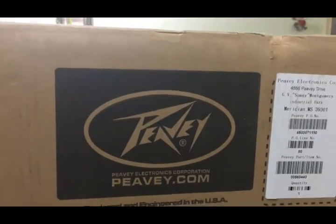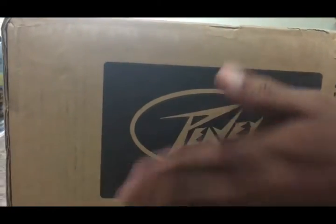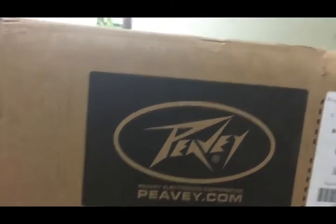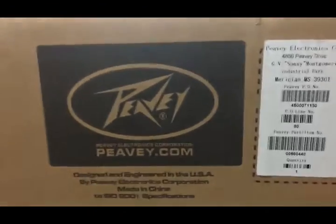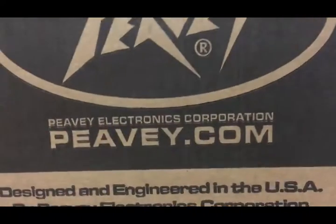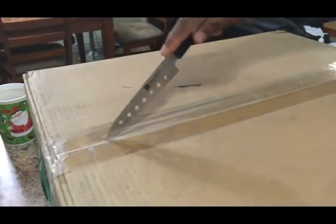Alright, so this is the unboxing of the Black Widow Peavey lowrider. Arrived today. So we're unboxing this. This is a replacement speaker for this 18-inch we blew over the holiday. So let's unbox this. Everybody is replacing the JBL PRX 18-inch when it blows for this sturdy